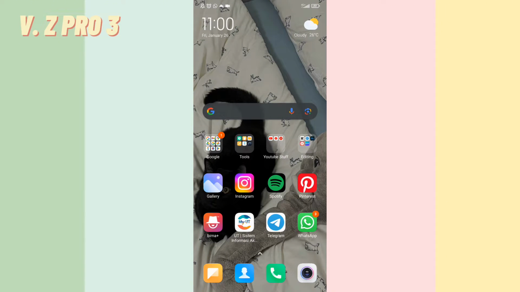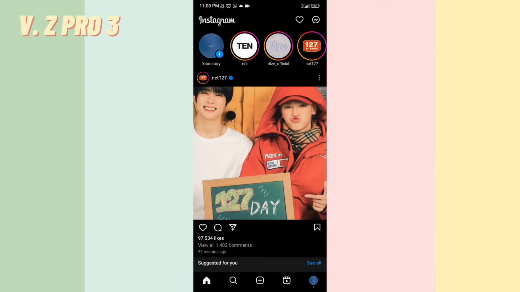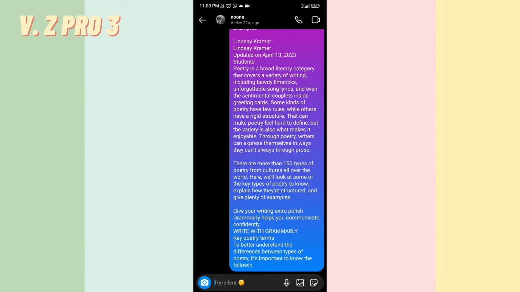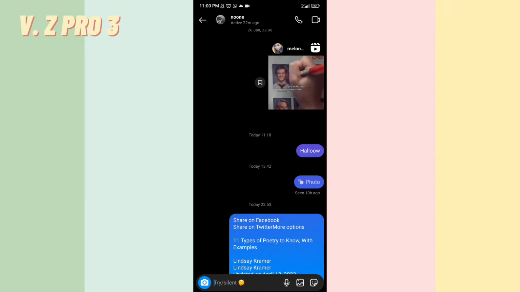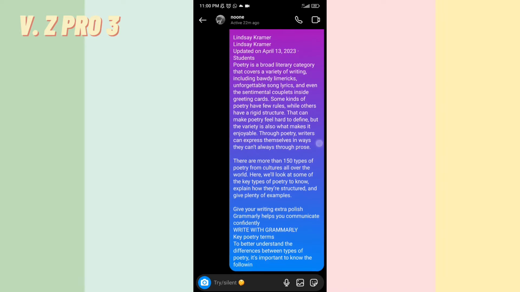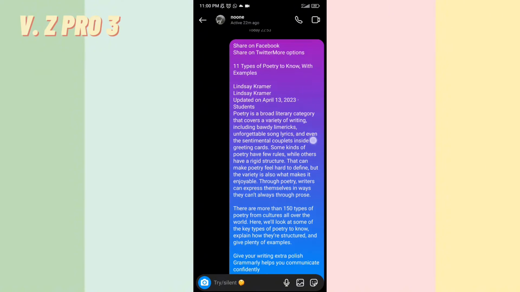Okay, first of all, of course, we have to open our Instagram app. Now you can tap on the up right corner on your message over here. Choose your friend that you want to forward the message. We'll choose this. You can see I've sent a message to my friend and I want to forward this message